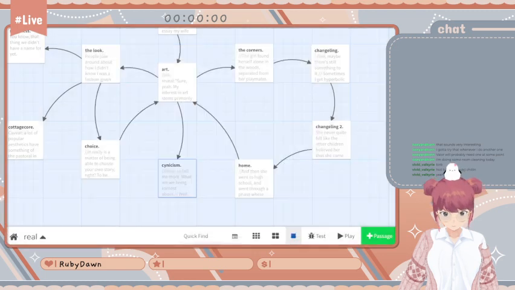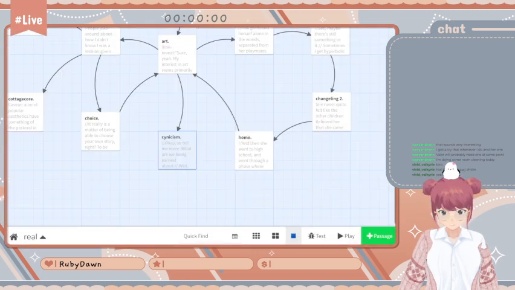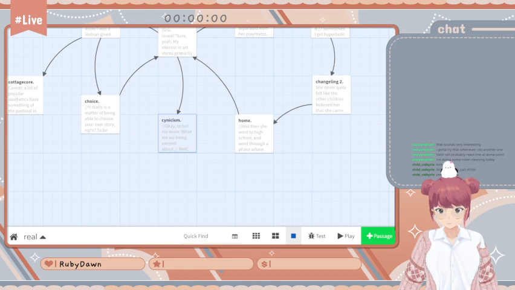Once again, turning it off and turning it back on again saves the day. What the fuck was that?